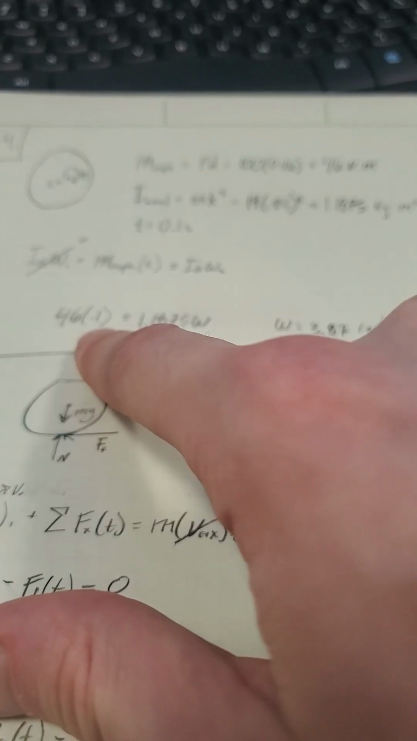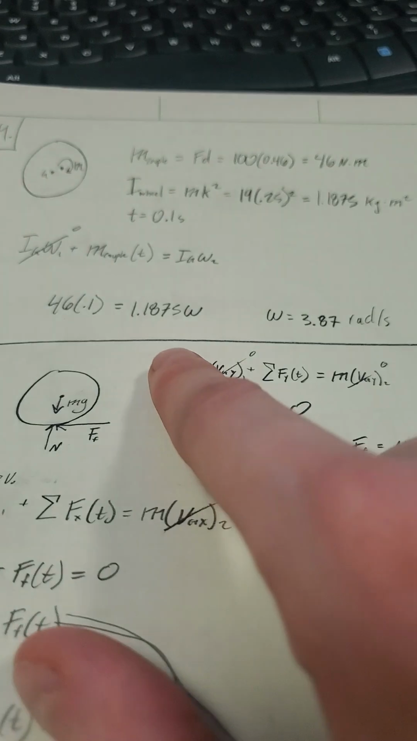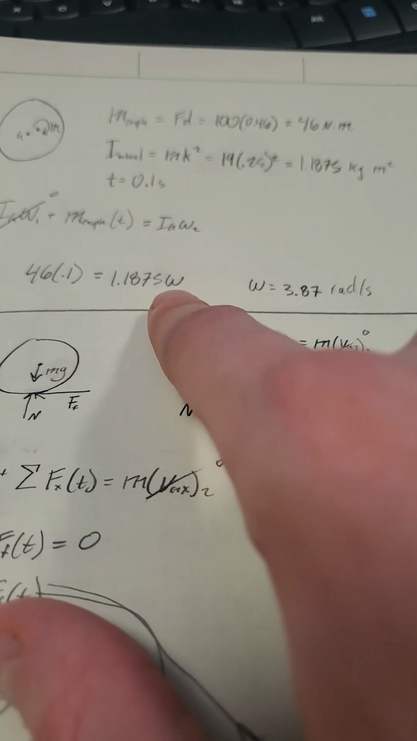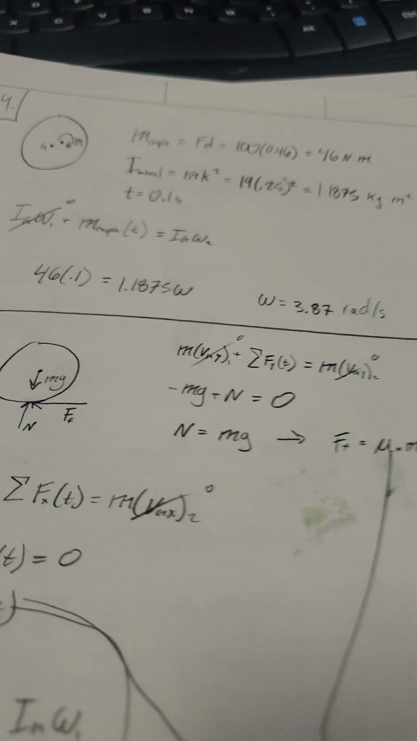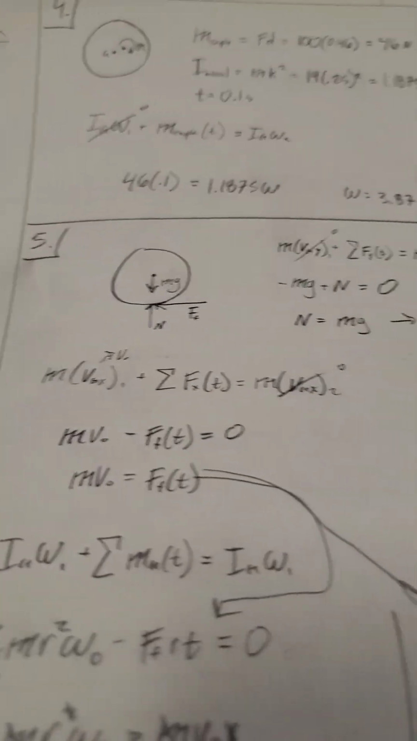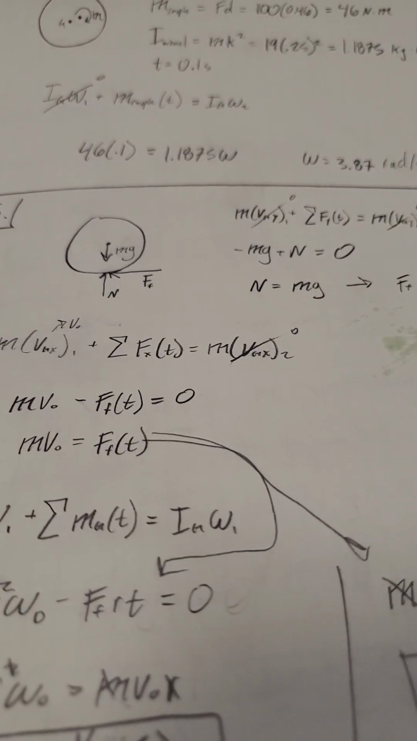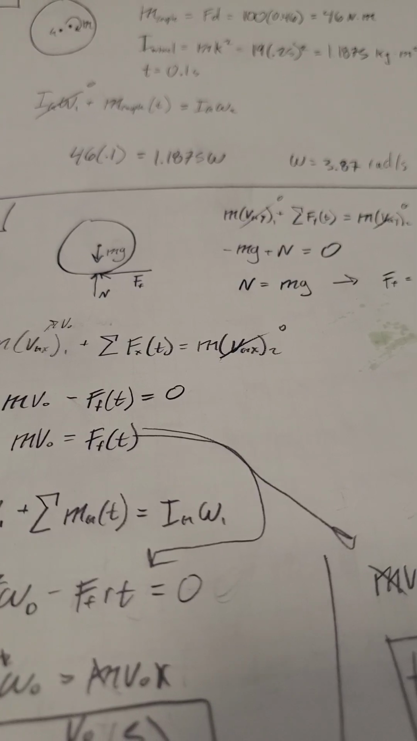So yeah, we have the moment. We know it's not rotating to start. It's going to equal I, which we solved for, times the angular velocity, and you can just solve for it that way. Pretty simple. All right, so this one is the